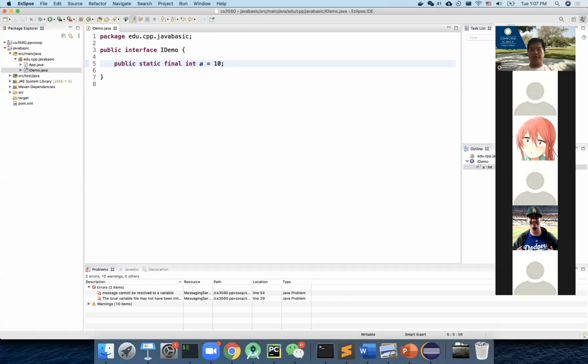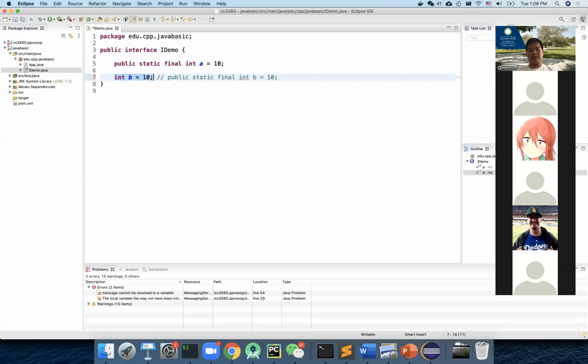Same time I'm telling you that you can also do things like this: int b equals 10. That is fine. This is just equivalent to this thing here. However, you should never write this. If you know the standard way to write it, you don't want to be a very efficient coder just to write less. That's not recommended, because it makes it harder